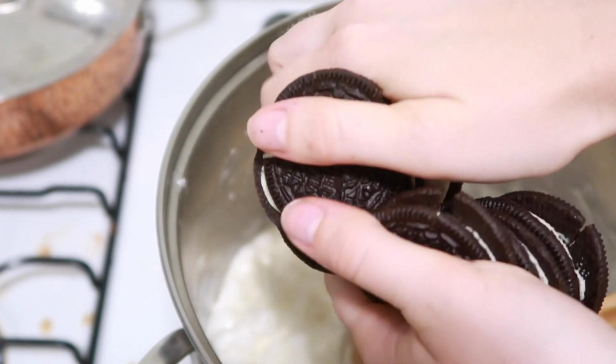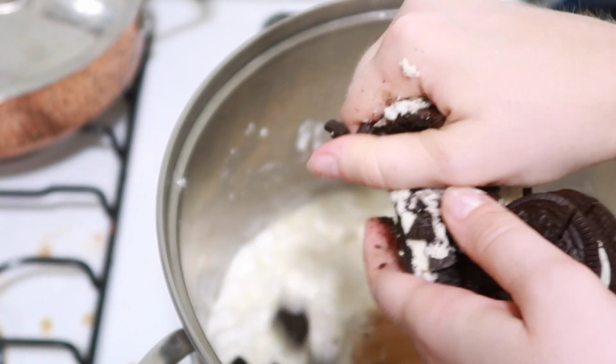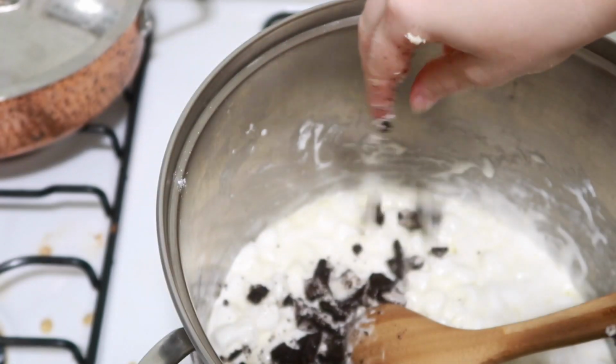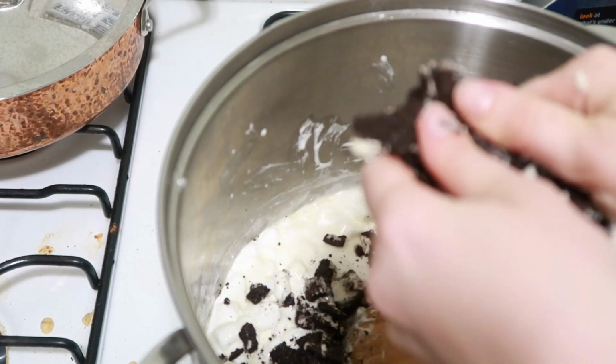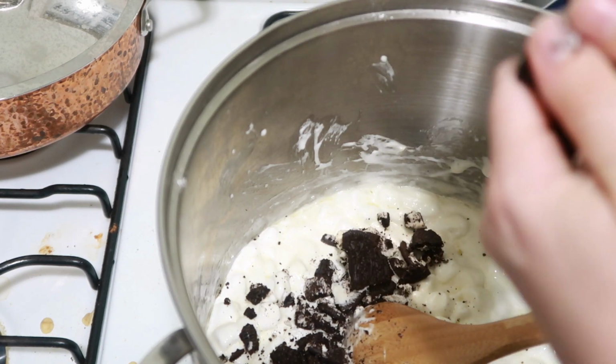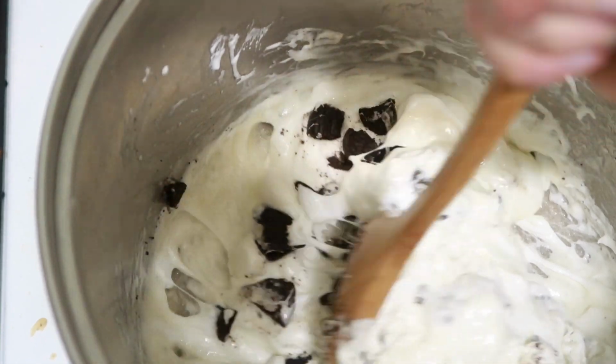Now take just as many Oreos as you really want. Depends on how Oreo-y you like it. I take about 10 Oreos and I crush them into the melted marshmallow mixture. And then at the end, I'll add in a few more. I just eyeball it, you know? So that's going to be your base, and you're just going to mix that together so that the Oreos kind of blend in with that marshmallow mixture,